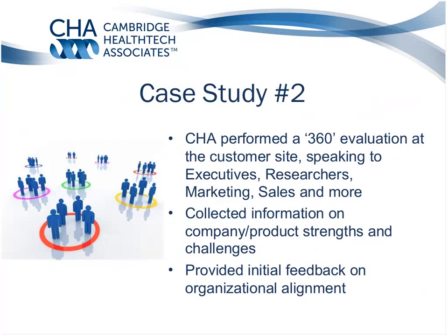And so in a very similar manner, CHA performed what we call a 360 evaluation at the customer site. Similar to the first project, we interviewed executives, researchers, marketing, sales, and several other individuals as well. And again, this allowed us to really understand what the technology was, what in the minds of the company was the value that they were providing, what were the challenges that they were looking to solve